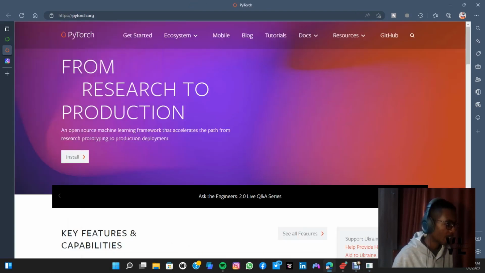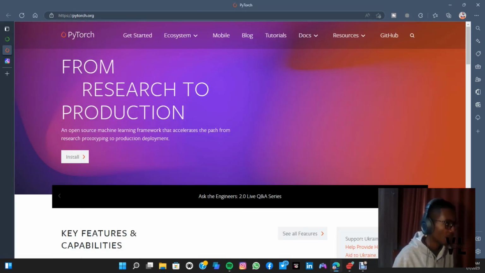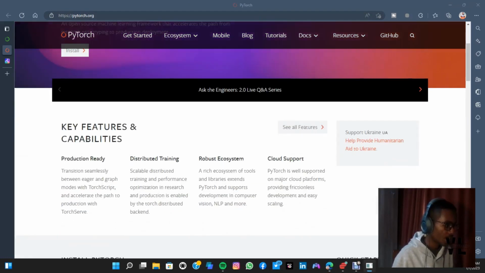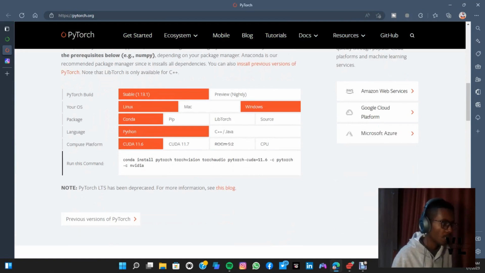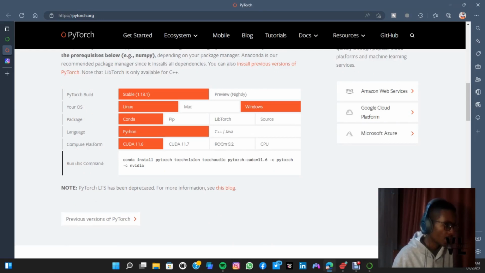The next thing we need is PyTorch. You can go to the website pytorch.org. As you can see down here, you can choose which version you want. So the current version of PyTorch as of the recording of this video is 1.13.1, which is a stable version. And we're gonna